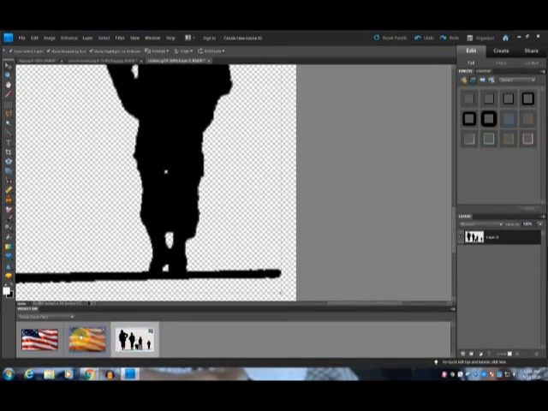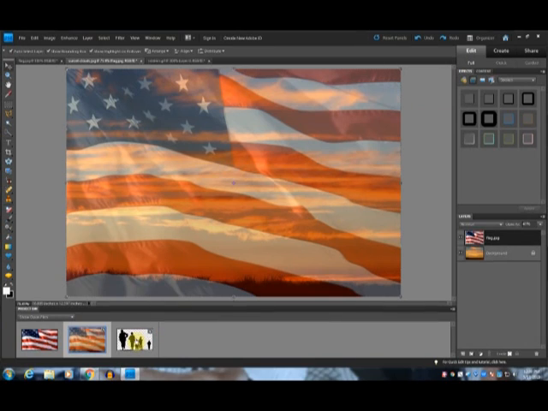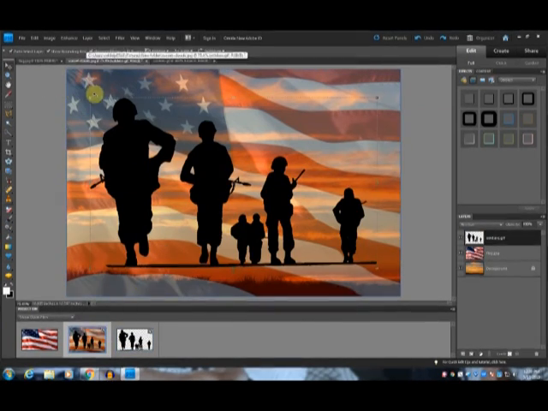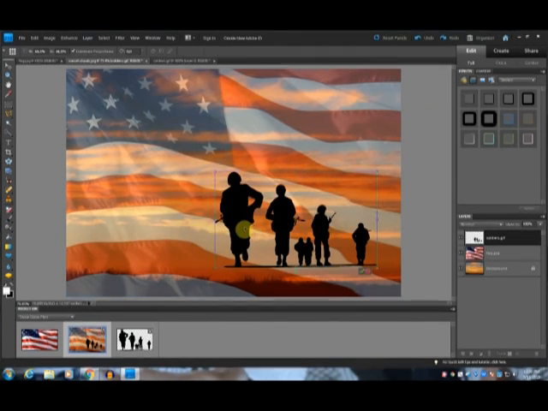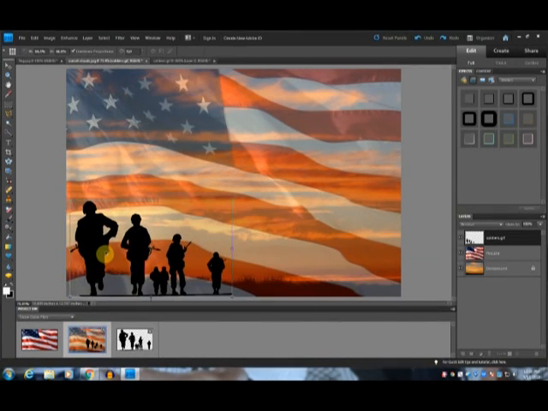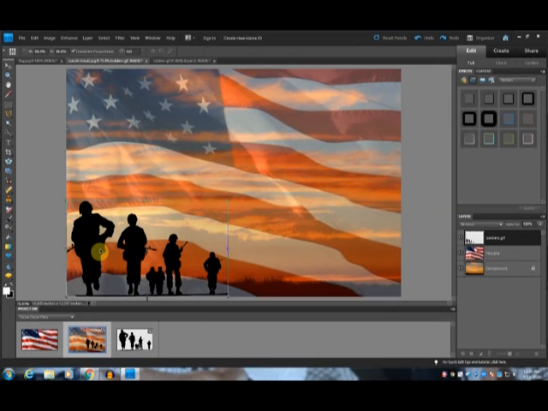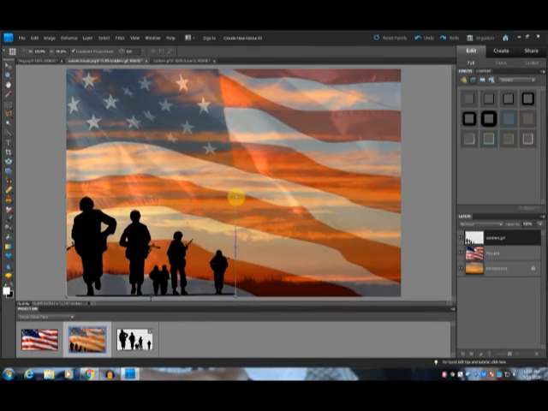Now you're going to take your image that you made transparent earlier and pull it into the background. Next thing you want to do is size it any size you want. Control C, go to the background image and press Control V, and then you can move this image anywhere you want